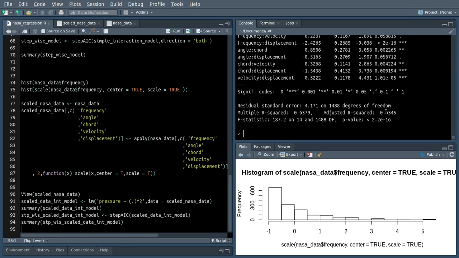No, there's not a whole lot of improvement. But this was important to tell. Now the other thing that we could have done, and I'm going to try that, is instead of scaling